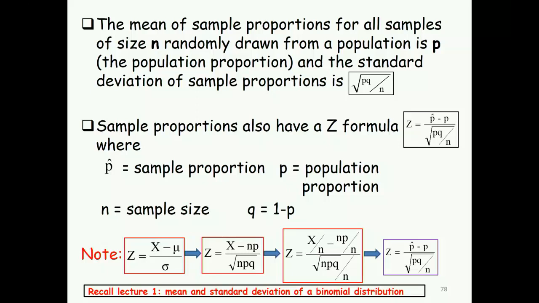So we know this mu and p, we know the square root of npq. Now, the proportion is X divided by n, the number of Chinese students in the sample. How many Chinese students in my sample? X divided by n. And because I am dividing by n, everything will be divided by n. At the end, I could use this formula if the question is about the sample, the same thing that I use: Z equals X bar minus mu, divided by sigma, and then divided by the square root of n. Maybe I will do it next week.